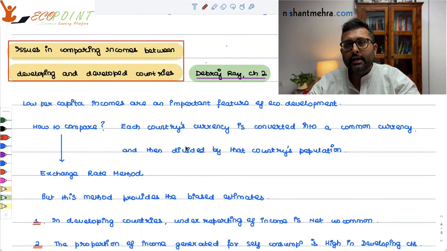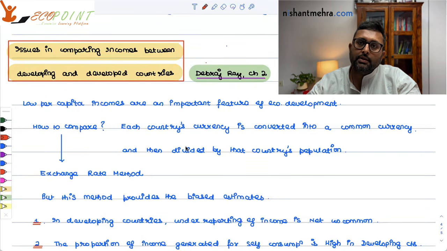Whatever we say, economic development has many other features, yes, it has, but still, low income is a very important characteristic of low economic development. Now, if we understand this, then how do we compare the incomes of the developing and the developed nations? So one way is, for example, there are the prices of goods which are traded in my country,